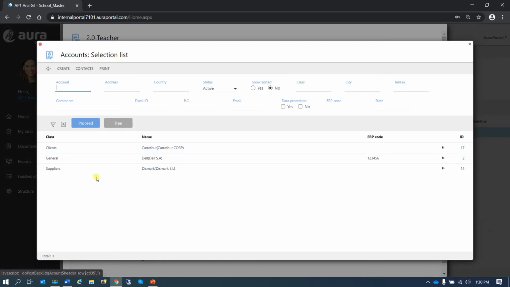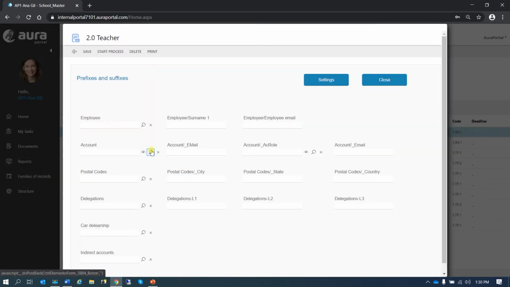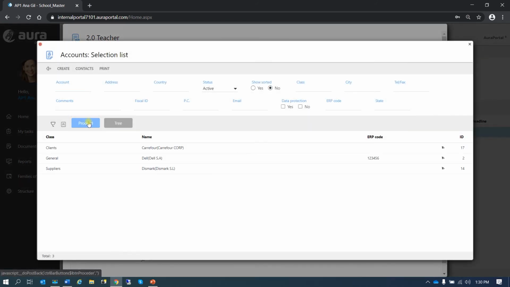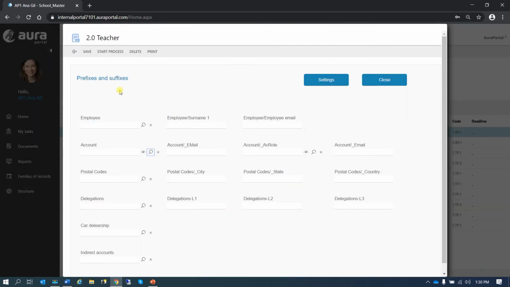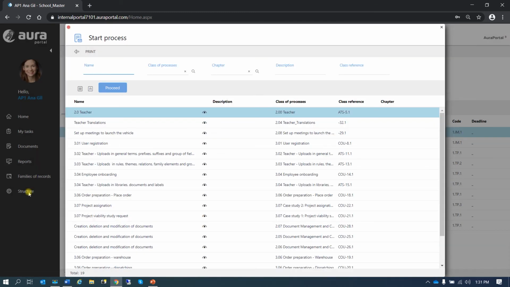And as you can see, we only have 3 options to choose from in the account field now, okay? Because we have the prefilter. And the prefilter says that only these 3 elements can be chosen in here, okay? So sometimes it's very handy and very useful to have this option. Let's go and see other prefilters. So let's go back